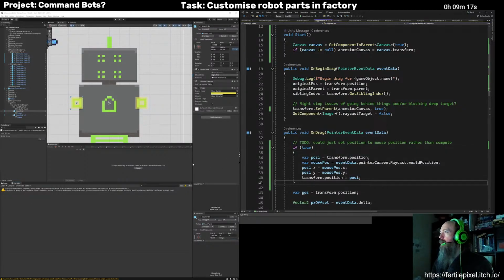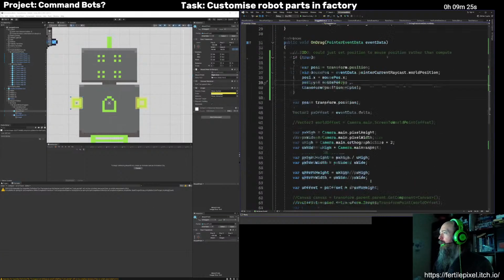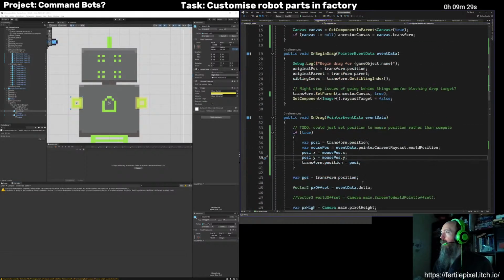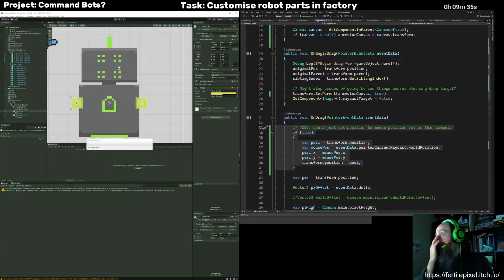Out of stream, I just quickly fixed the warnings I was getting for setting a parent of a transform with something else. I also chucked this block in here. I haven't actually tested that yet. So that's basically doing that to-do that's there, trying to get the mouse position working.